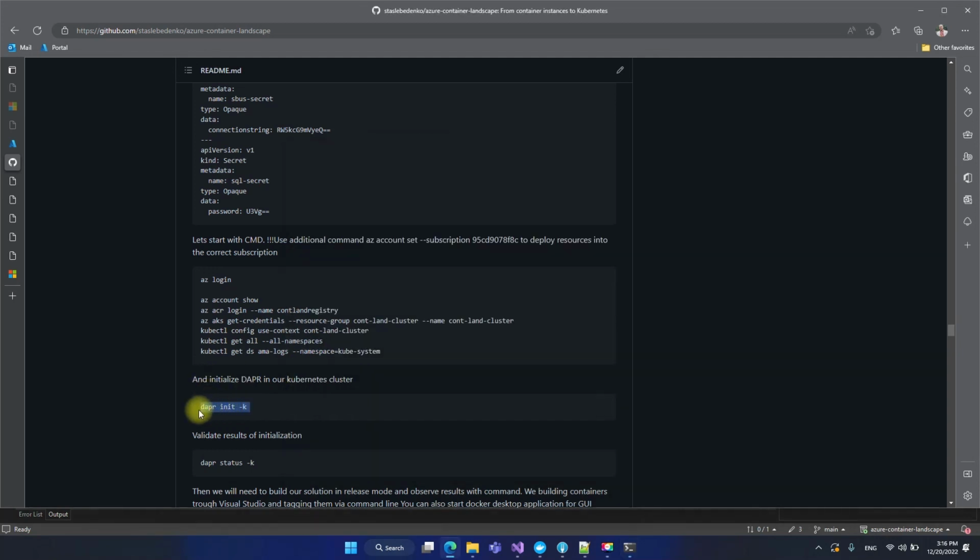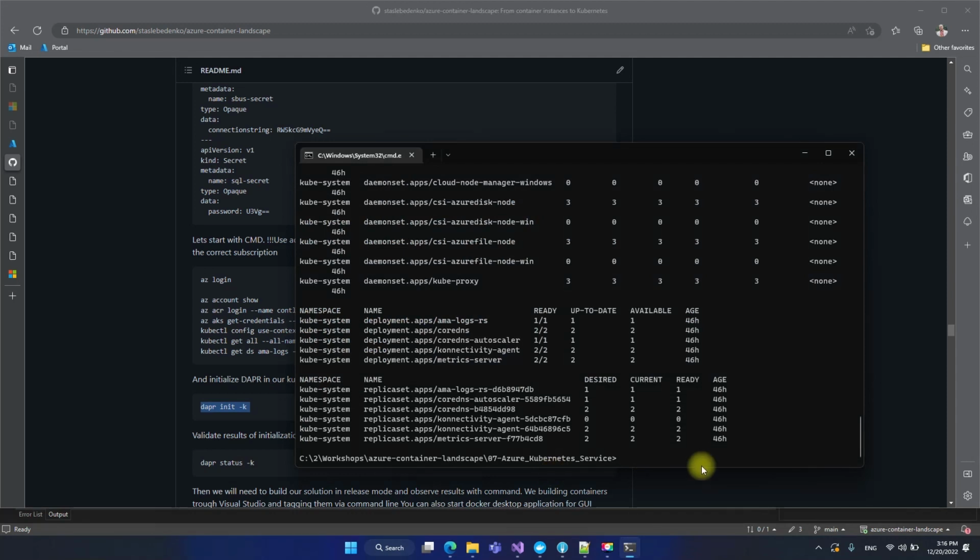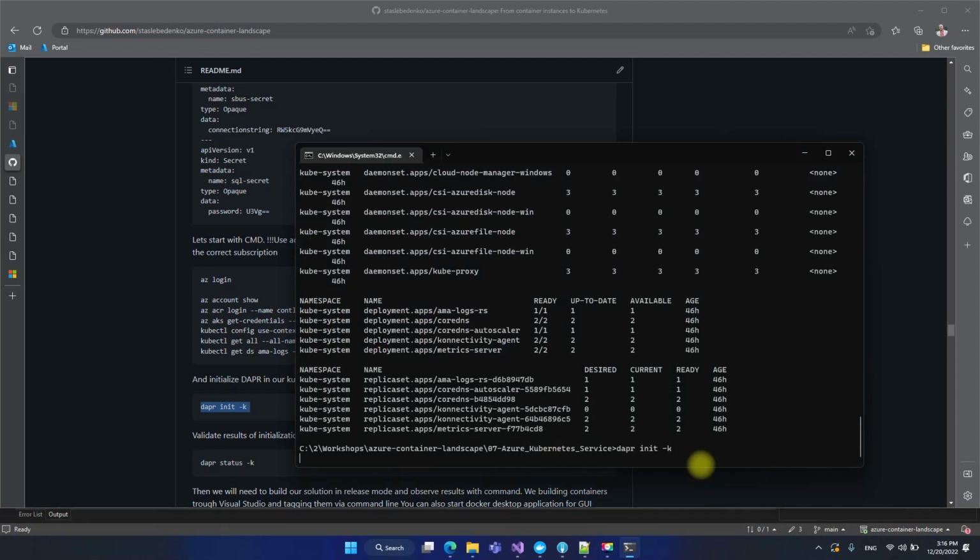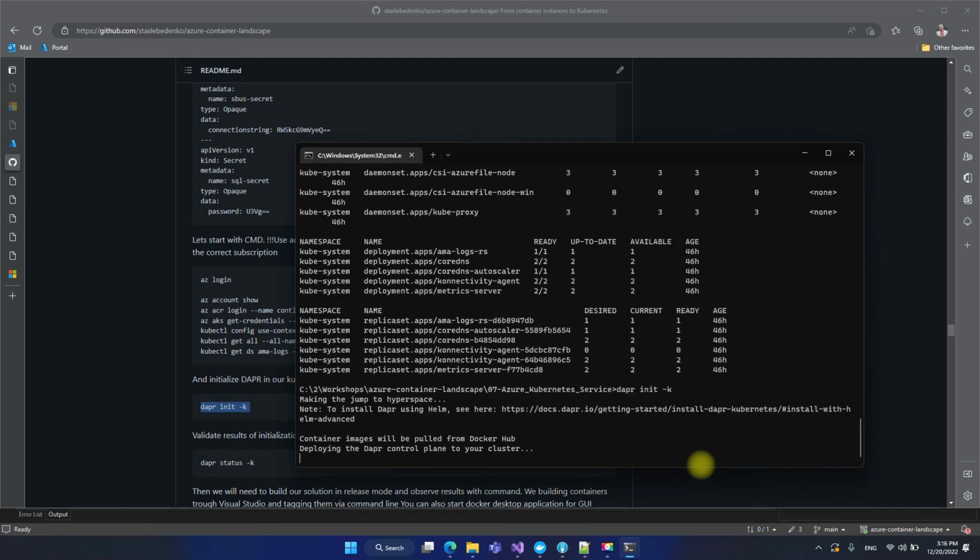So let's init the DAPR. For this, DAPR CLI should be installed on your machine, and this command will init the DAPR inside your Kubernetes cluster. We will check this with dapr status -k,